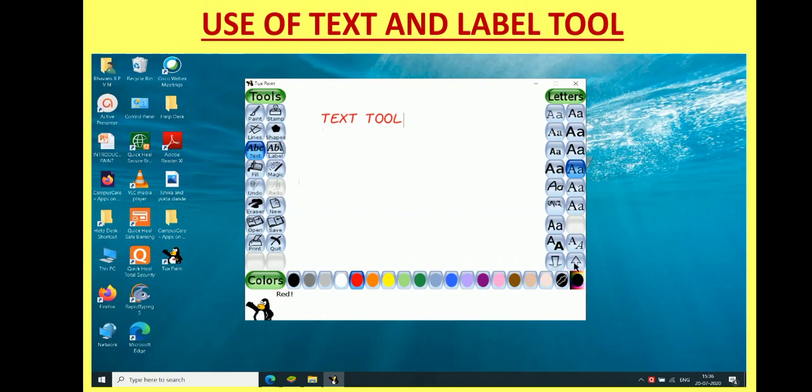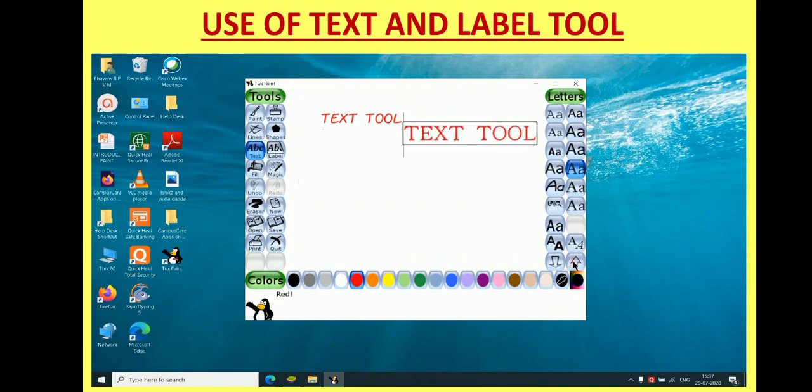See these two arrows, one pointing downward and one pointing upward. These two arrows in text tool can be used to increase or decrease the size of your fonts. For example, I am writing this word text tool, and if I click on downward arrow, then the font size will decrease.